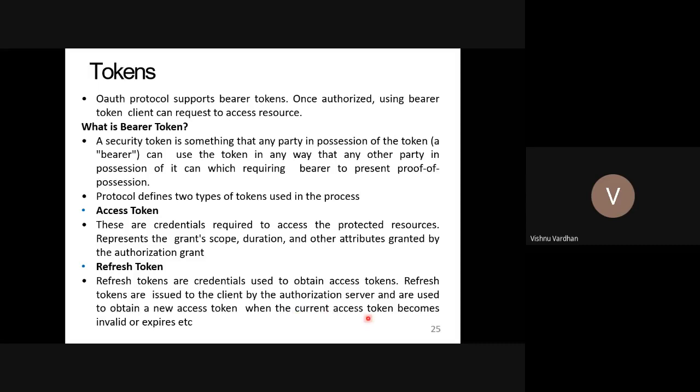And when the current access token becomes invalid, expires, it is automatically refreshed and you are going to get a new token. And again, after a timeout, after some 30 minutes or some 2 hours, it can automatically request a new token, which is called the refresh token, and you are going to get a new access token, and the previous access token will be invalidated by the authorization server. So in that way, the tokens can be rolled on one by one till you get your purpose fulfilled. Okay, so you can have your refresh tokens repeated for a number of functionalities.